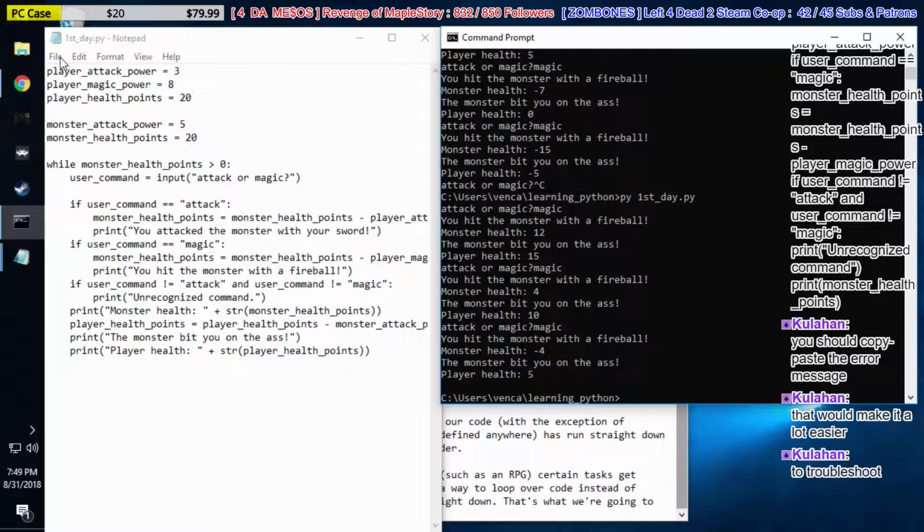We want to get a win and a lose state, right? So we have while the monster health points is above 0, keep running this code. Why don't we also, on that first while line, end the game if the player's health gets below 0. So we're going to say while monster health points is greater than 0,